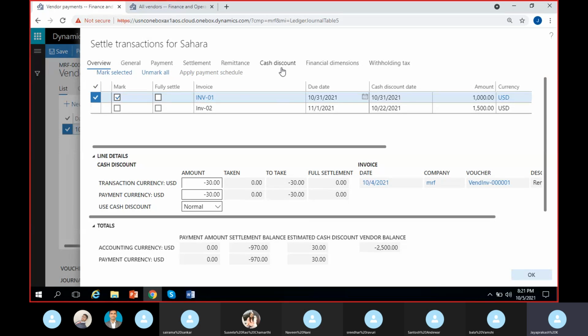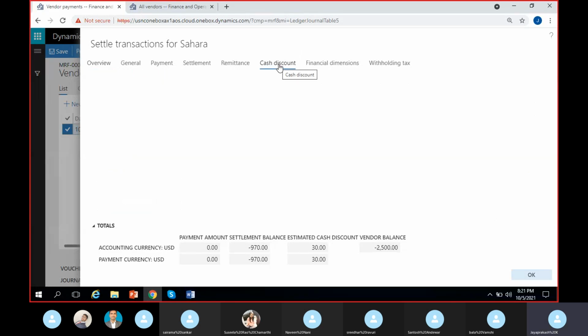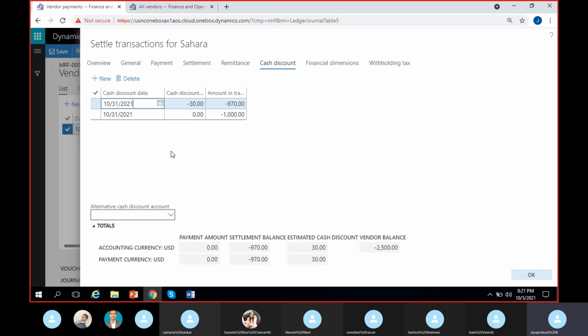So if you want to see what is the cash discount applied to this invoice, you can see here. We have this option cash discount on the top. Once you select the invoice, you can click on cash discount. So it will show you the cash discount. If you are paying it before 31st of October, you will get $30 discount. So totally you have to pay only 970 for this invoice if you are paying today, because you have the offer until,